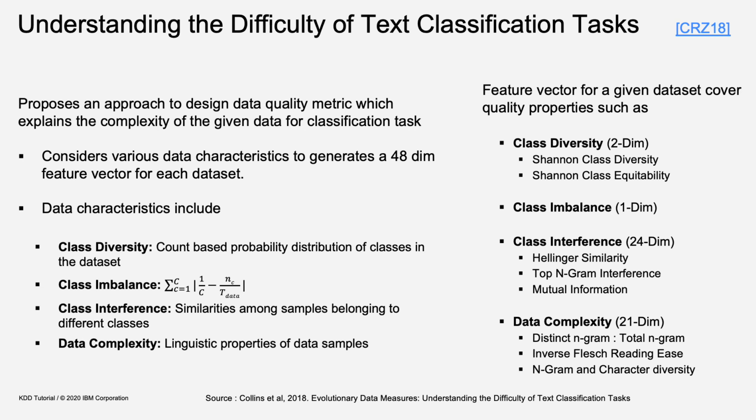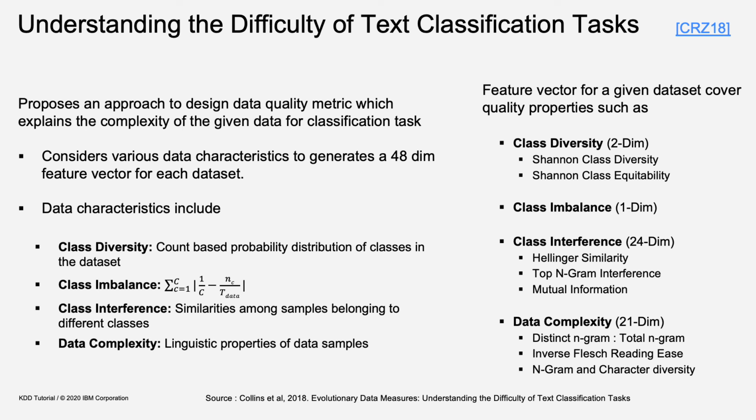Top n-gram interference, which is the average Jaccard similarity between the set of the top 10 most frequent n-grams from each class, and average mutual information score between the set of the top 10 most frequent n-grams from each class. Data complexity characteristic is used to measure complexity of the data based on linguistic properties. The authors consider